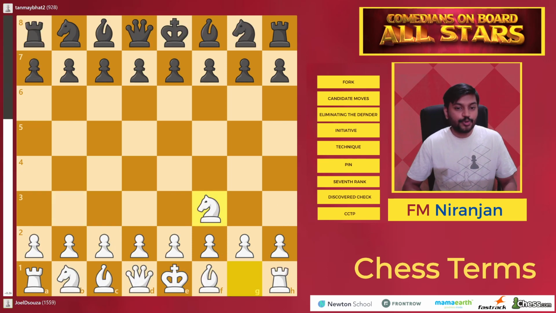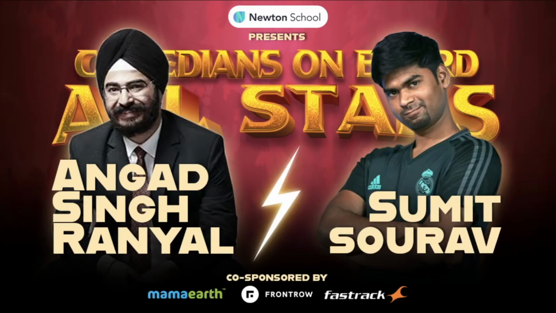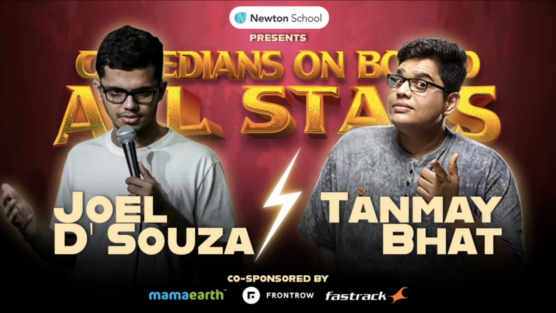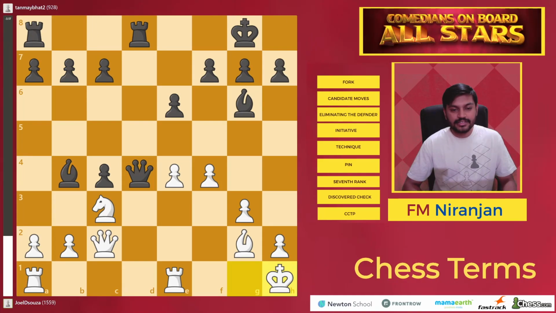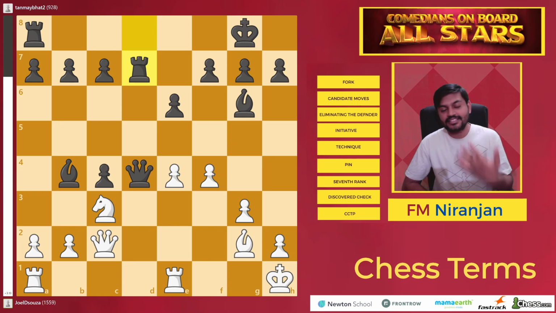And then let me go to this position where Joel played against Tanmay. There you go, Joel versus Tanmay, and this happened in round 1. In this position, after king h1, Tanmay played rook d7. Again, a good training example for CCTP. Try to see if there are checks. There are no checks. See if there are captures. Not really, but see if there are threats. When you are seeing threats, see if you can threaten a mate or attack opponent's queen, rook, knight, bishop in that order. So in this position, after rook d7,